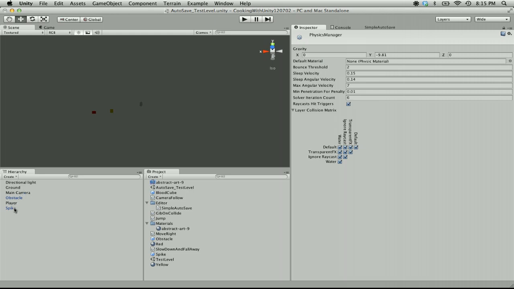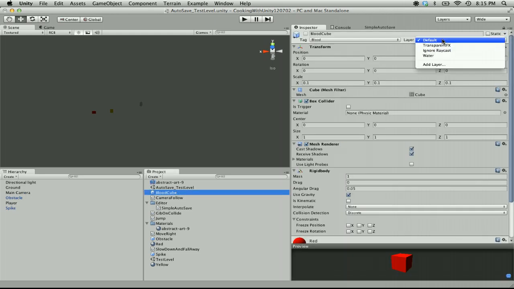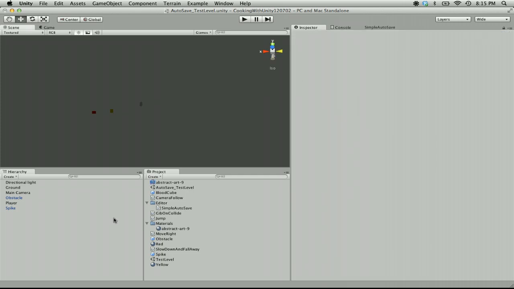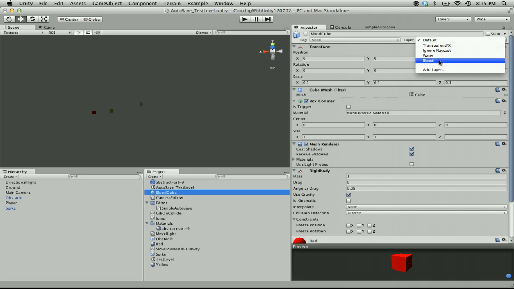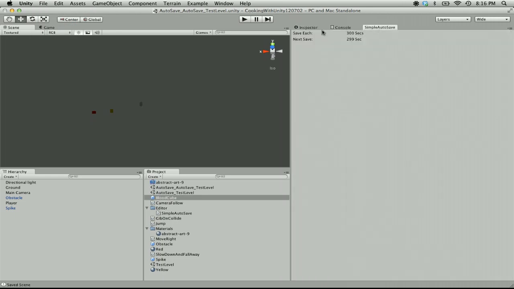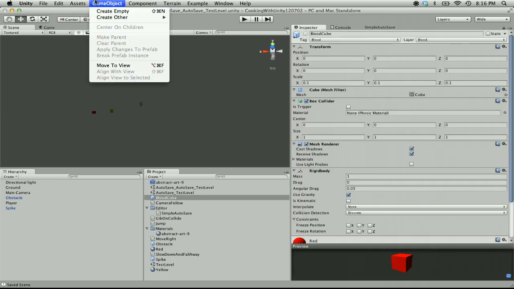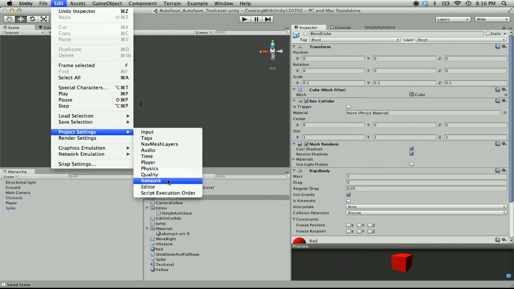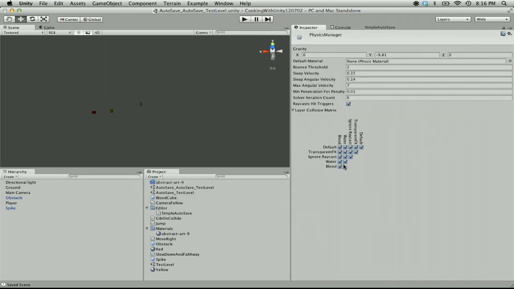That's fine that we have that too. Let's go back to our blood cube, go to layer, add layer, and we're going to do blood. And then we're going to actually assign it to that layer once again. I'm going to hit save manually, even though I think it's been auto-saving. But, yeah. And what else are we doing here? Oh, yeah, just edit, project settings, physics. And we want blood to only collide. We don't want it to collide with itself. We don't want it to collide with default. We should only collide really with,